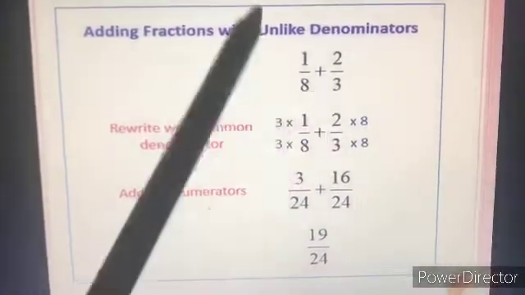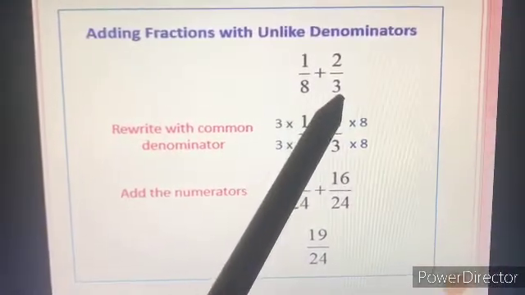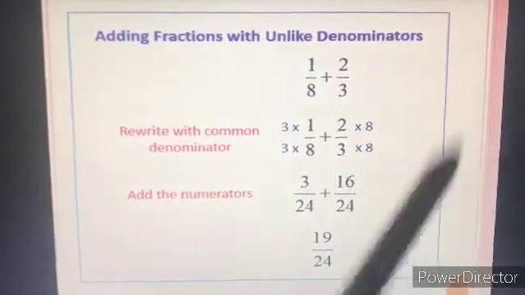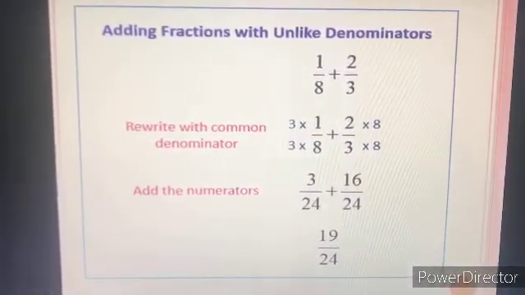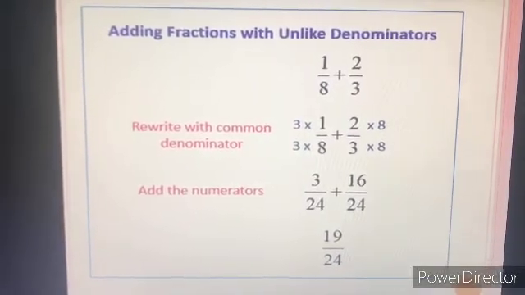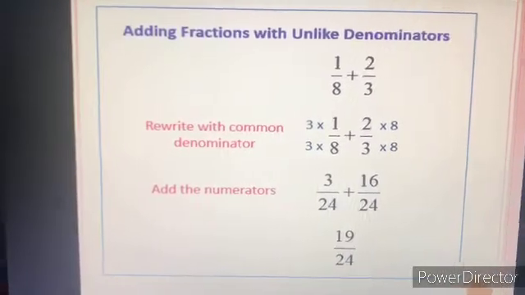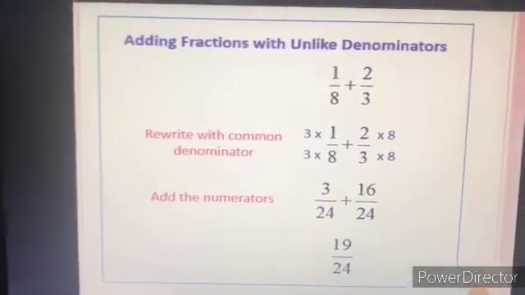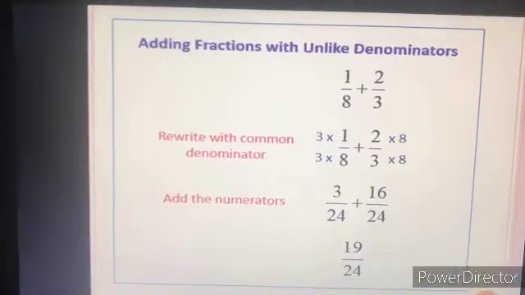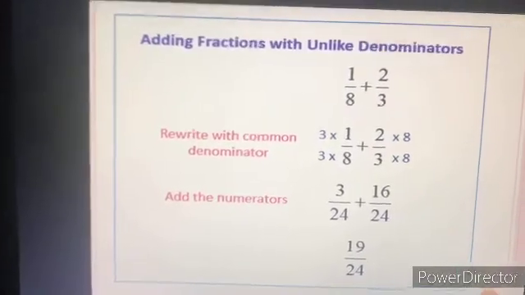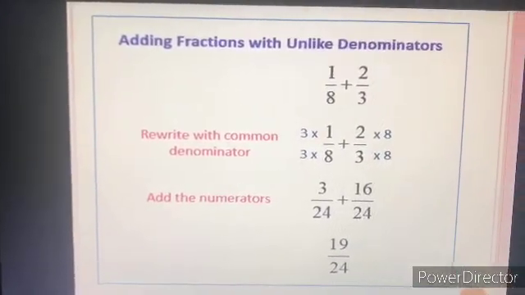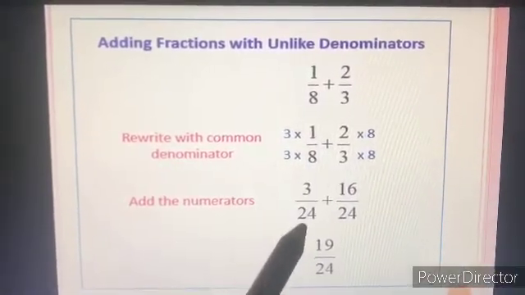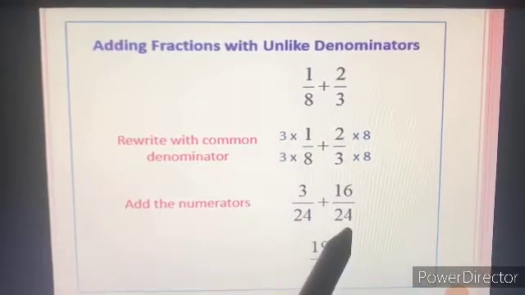As you know, 8 3s are 24 and 3 8s are 24. Remember we have done this in multiplication? We can check our tables like this. 2 multiplied by 3 is equal to 6. 3 multiplied by 2 is equal to 6. So these are vice versa, and this is the easiest way to get the same denominator. So here also, 8 multiplied by 3 is 24, and 3 multiplied by 8 is 24.